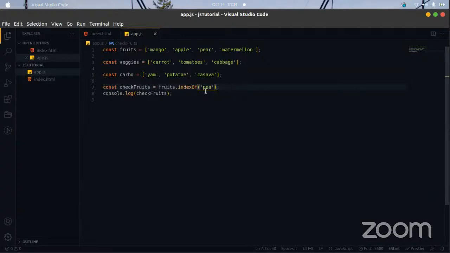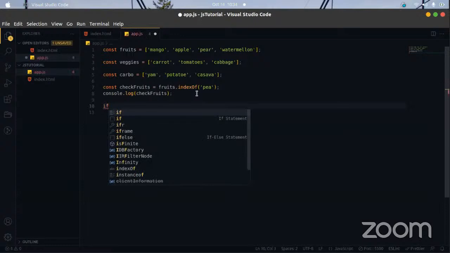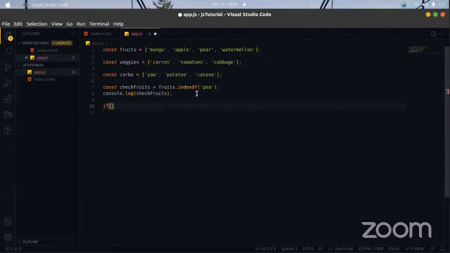Let me show you with code what I mean. If you do an if statement, we could use indexOf for things like this.